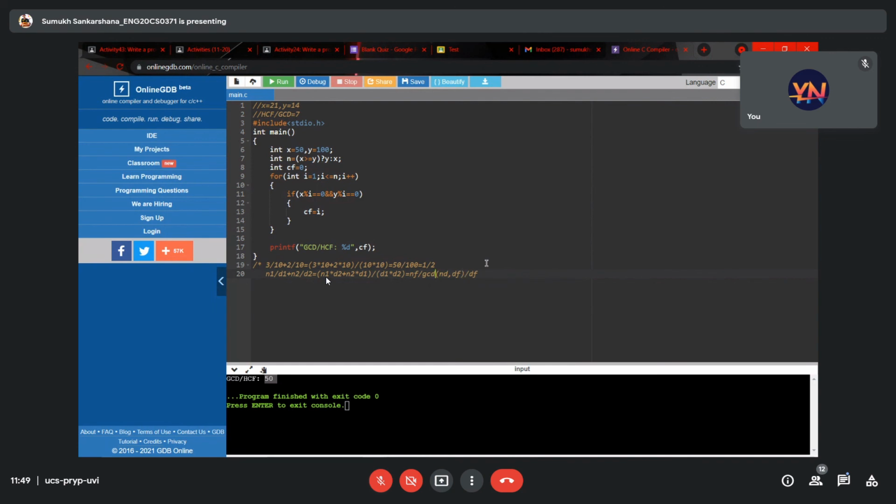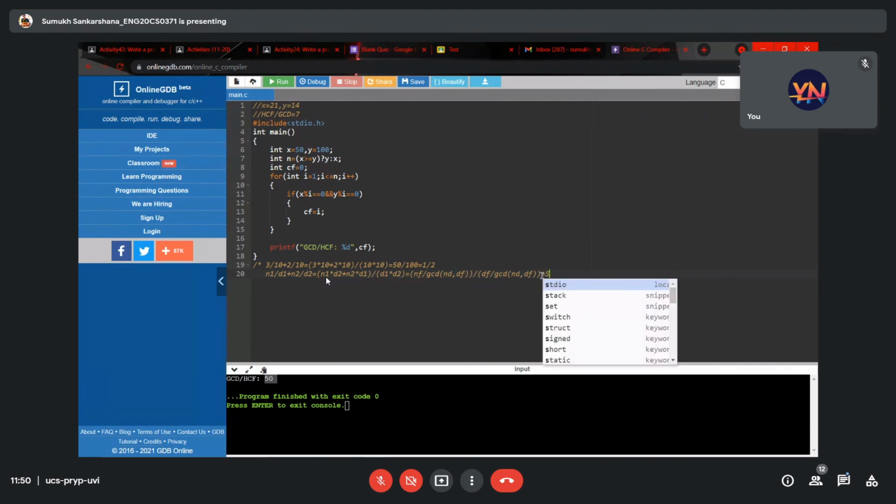Whatever value you get, you have to basically do that, and the same thing over in the denominator part, after which you will be getting the final fraction: simplified final numerator by simplified final denominator.